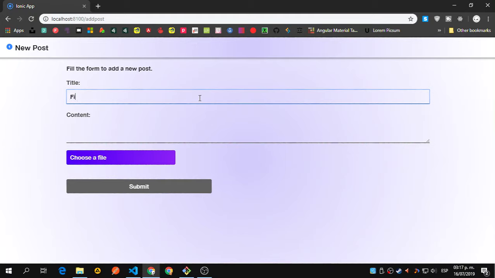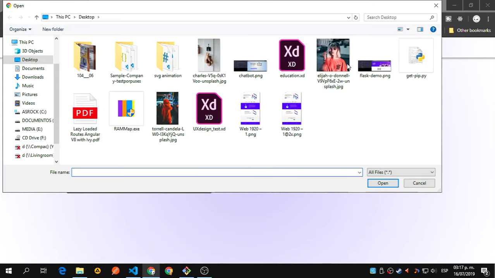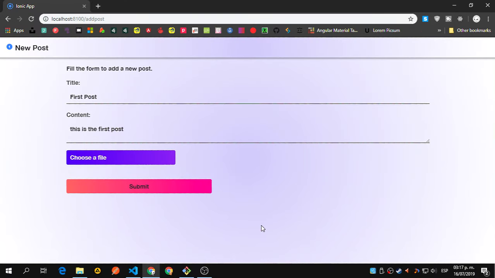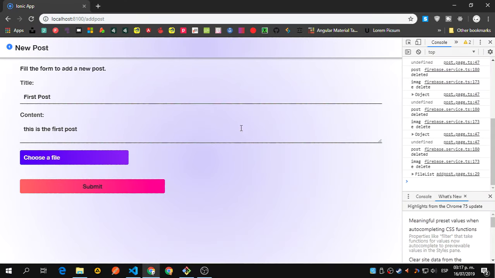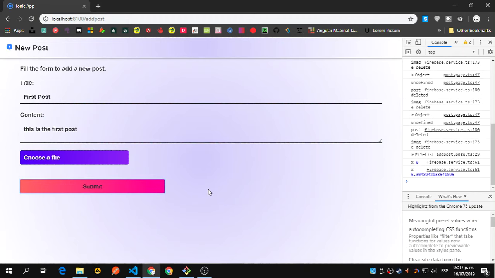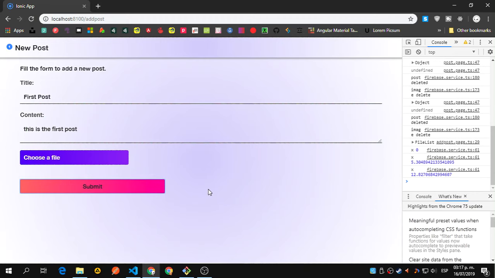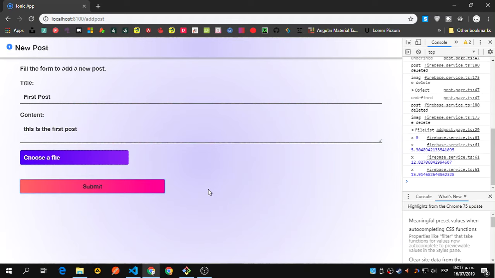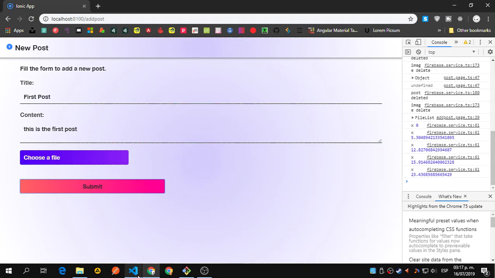So let's say first post, and this is the first post. Let me click here and let me add this. Let me press F12 there so you can see everything that is going on. I think this image is pretty big, right? Then let me show you